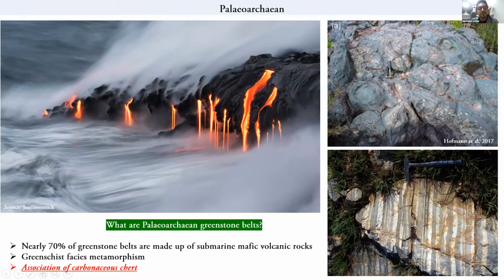More importantly, these greenstone belts are very unique because they are of Greenschist facies metamorphism, which means they are of low strain and low metamorphic grade, and have undergone relatively minute deformation. Together with volcanic rocks, the most important rock type of today's discussion will also be cherts. Cherts are silica-rich rocks with a banded black and white nature, largely the alternation of silica-rich bands and carbonaceous-rich bands, and this will form a major part of today's discussion.